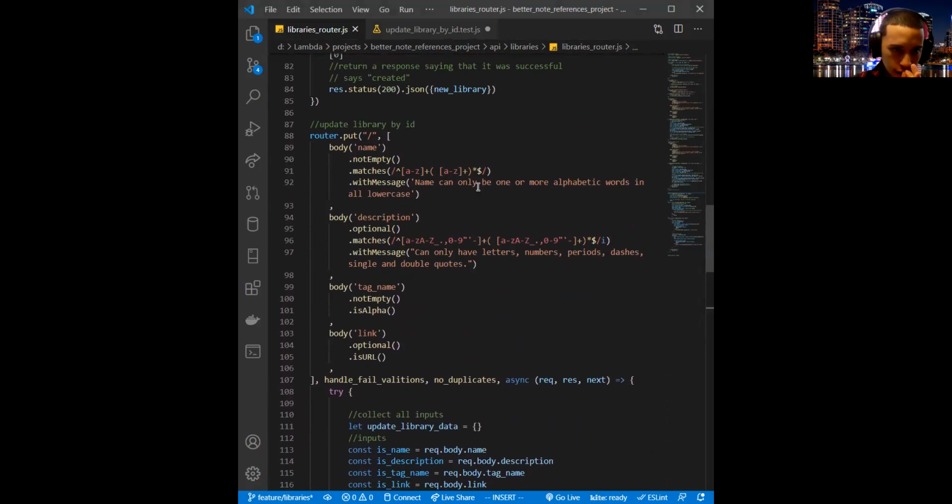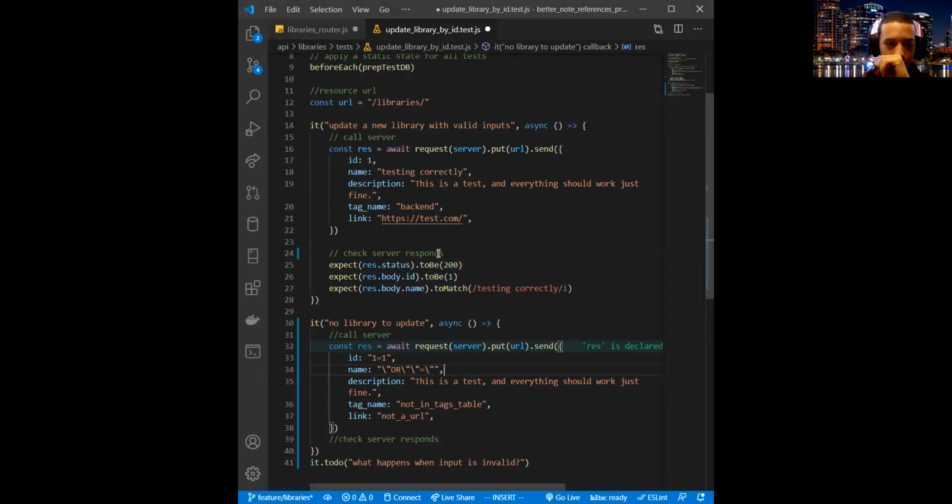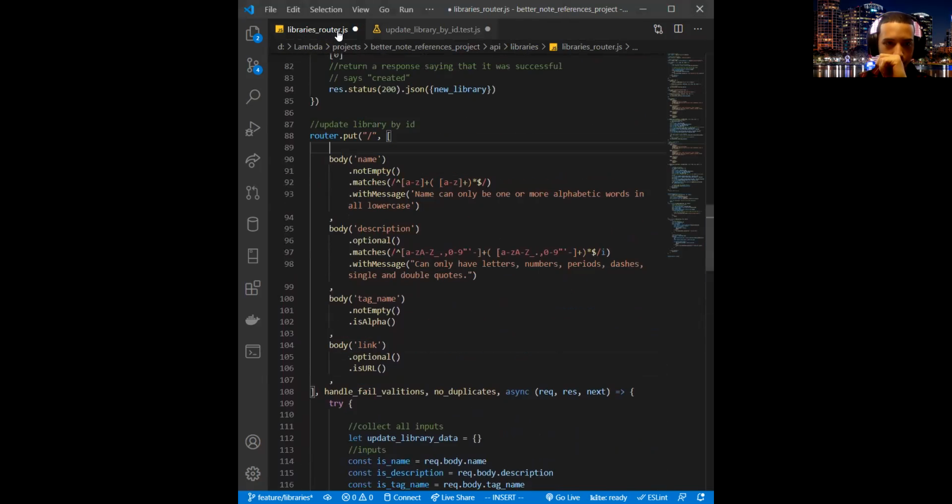I need to validate the ID. What am I gonna do now?